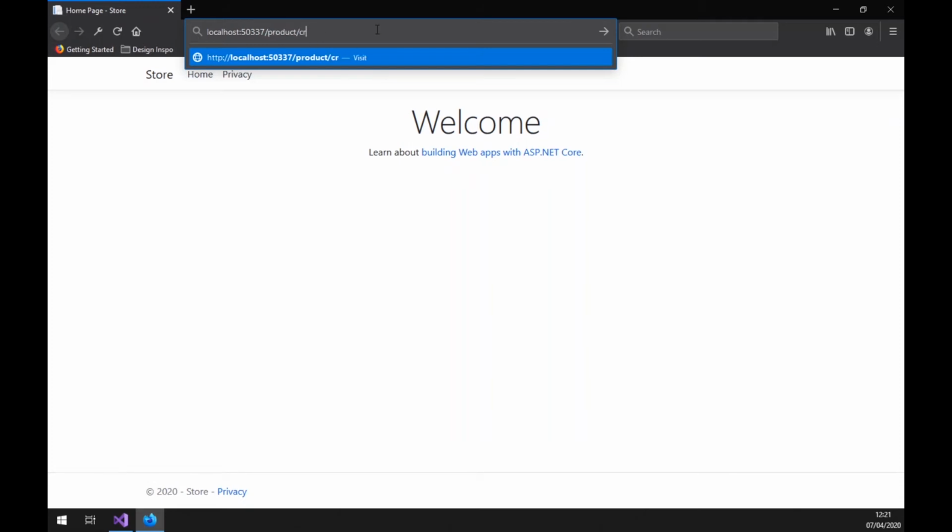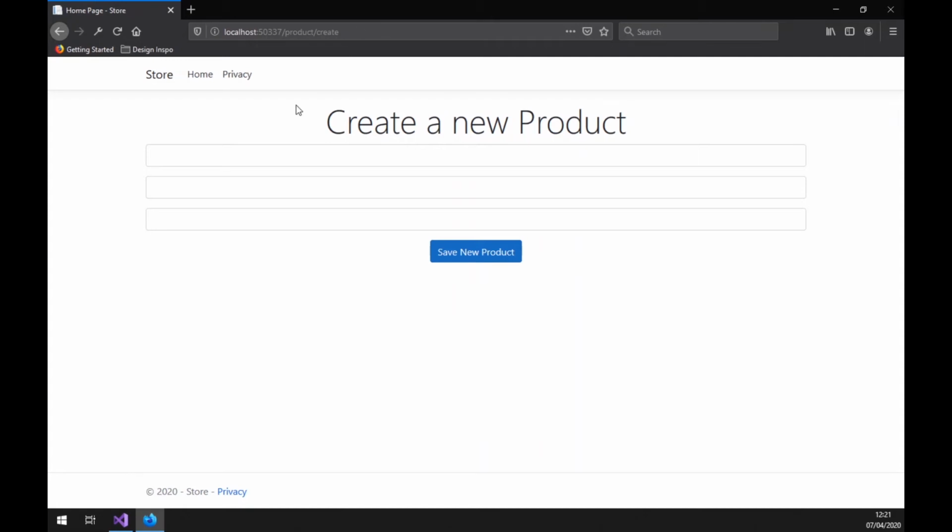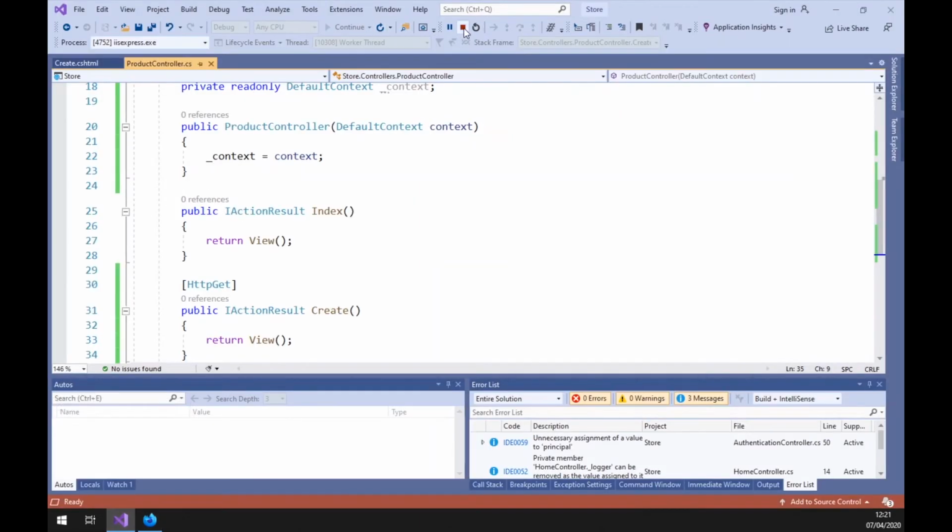But there's something else I need to add here, and that's the ability to save that information once I click the post button. And we can now see the create form is actually displayed there, but I am missing my labels on here. So I'm going to go back into my HTML for this view and just tweak it slightly to add in the labels so it's a bit clearer on what these fields are. So if I stop my app,